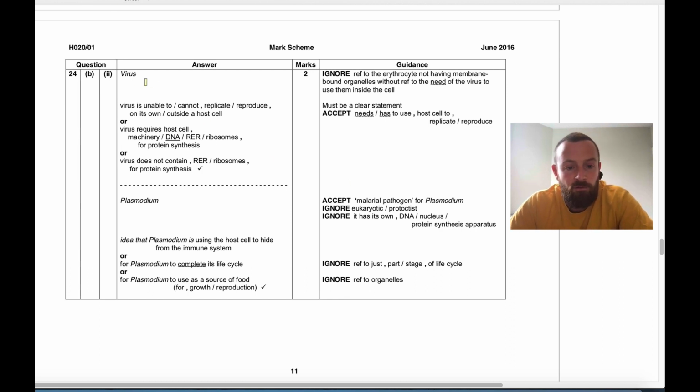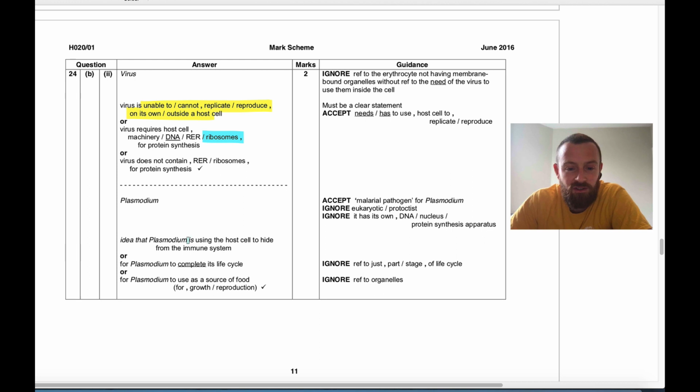So virus cannot replicate itself, so it requires, this is what I was getting at, I think I would have got the mark, requires host cell machinery. So for example, ribosomes. Viruses do not contain their own ribosomes, they need ribosomes, whereas the Plasmodium